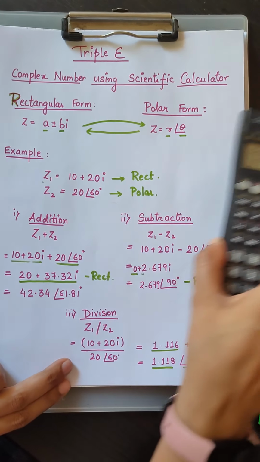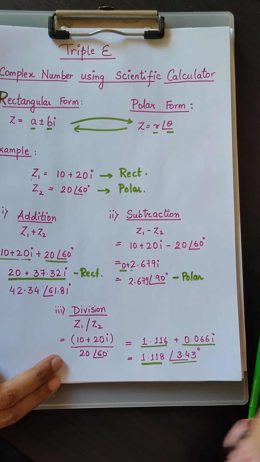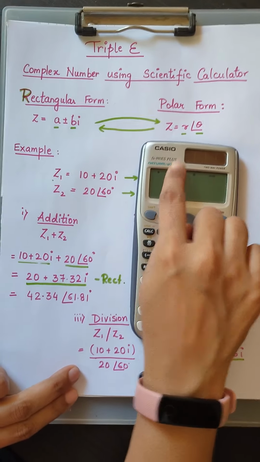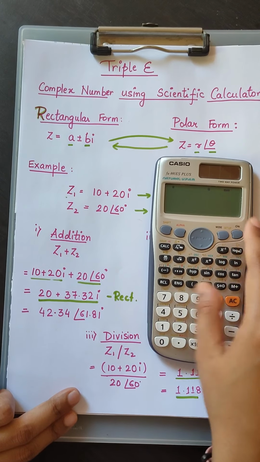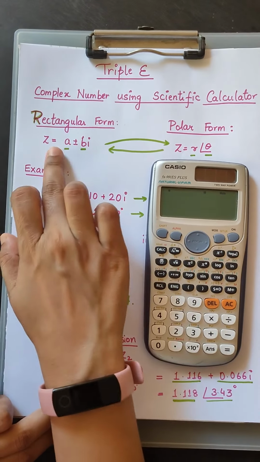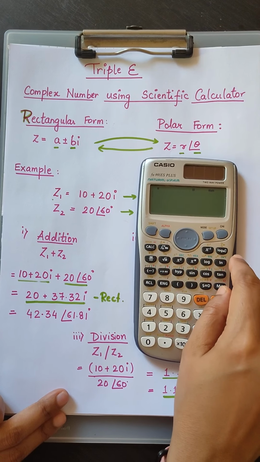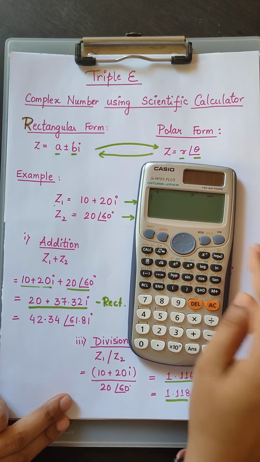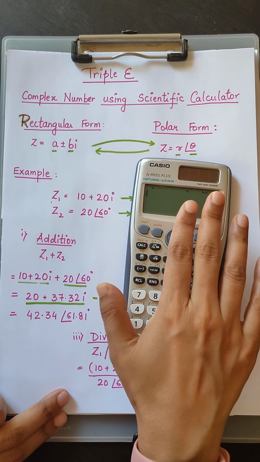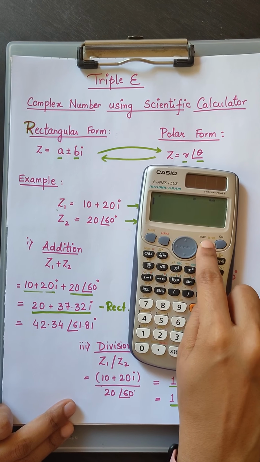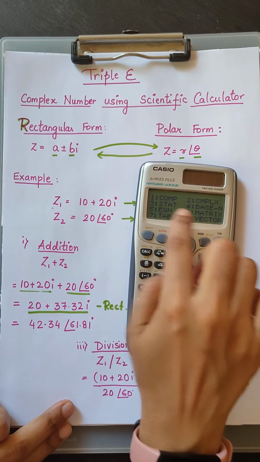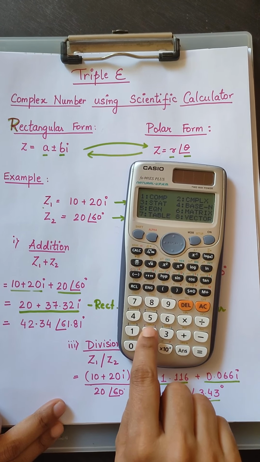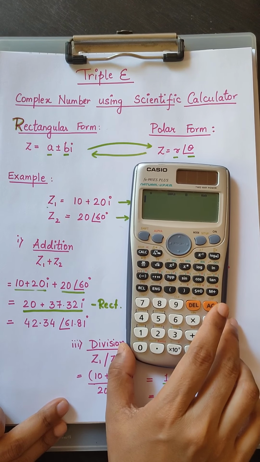Also, we will try to do it with another calculator, which is the FX991ES Plus. Okay, in this calculator, the conversion from one form to another is slightly different. All the addition, subtraction, multiplication operations remain the same. Here also this calculator is taken in degree mode. So press mode first, and then you can see complex on the number 2. So we will press 2. Now the calculator is in complex mode.